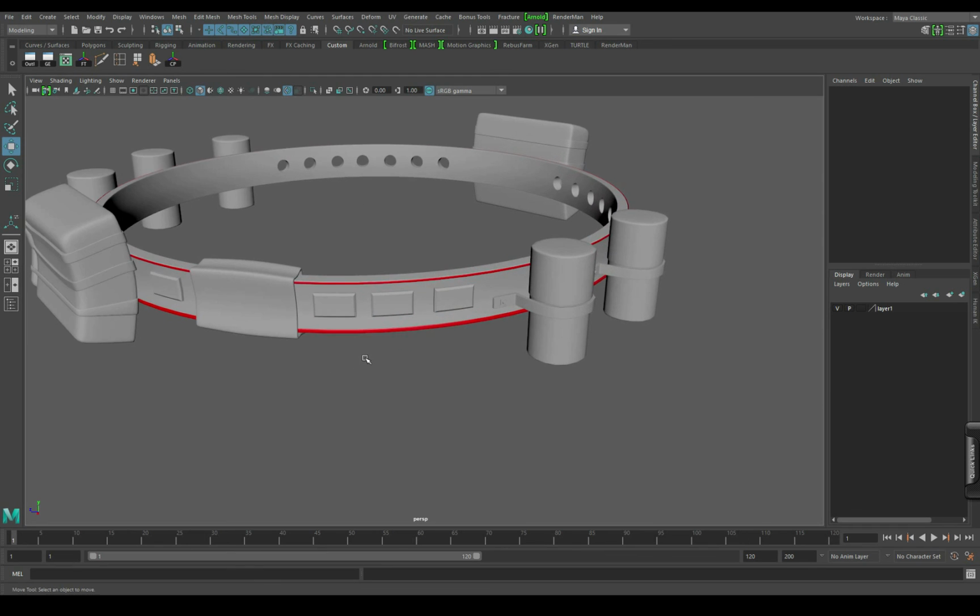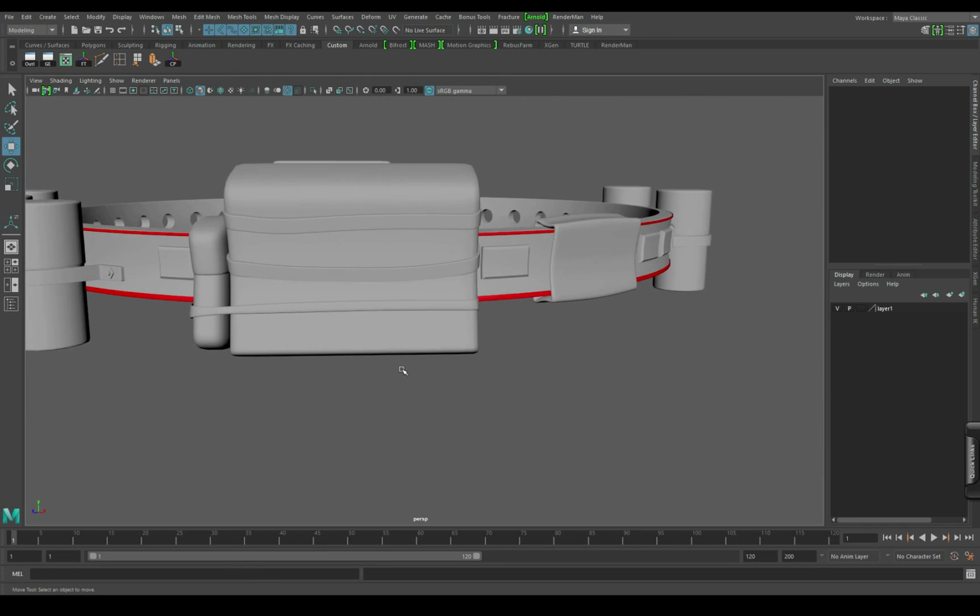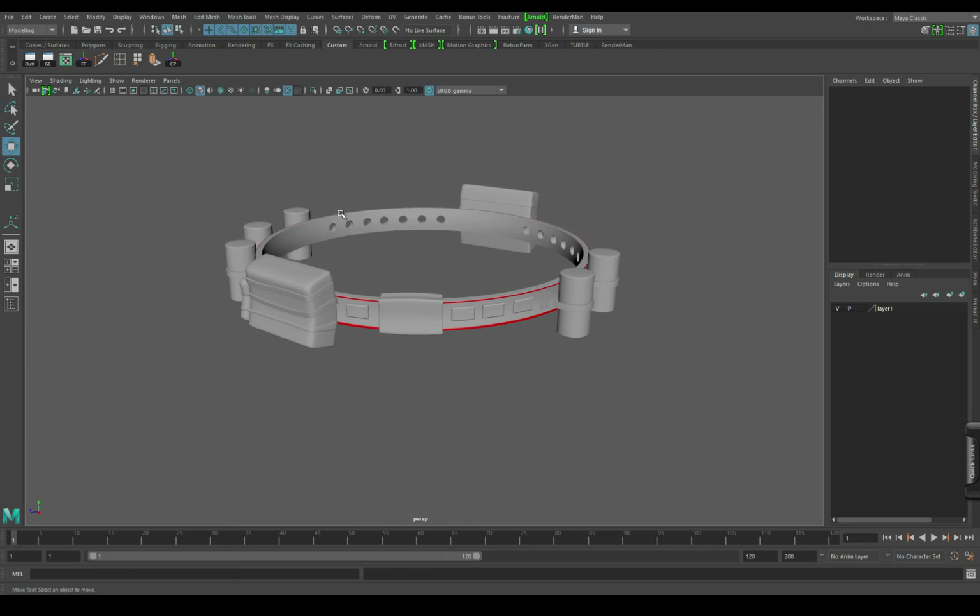But basically, that's what you're going to be using most of the time. You're going to be using tools like extruding, pivots, these tools that we put here. We'll get into other tools as we continue and as we start modeling more intricate, more crazy things. We'll start using more and more